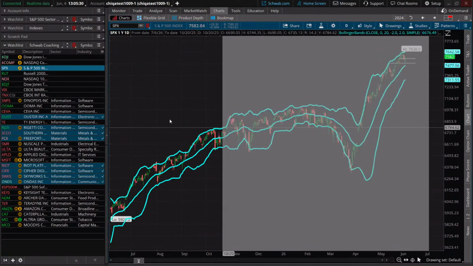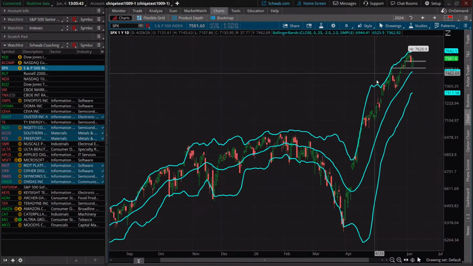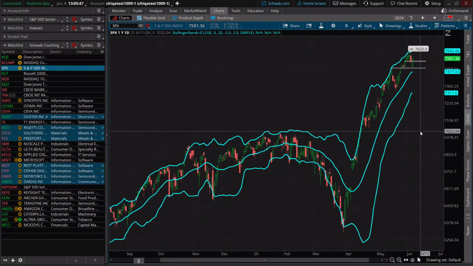So, for those of you that are not familiar with the Bollinger Bands, this is essentially three bands. Typically, when you first add this study onto your chart, you're going to have three different colors of bands. I like to just see one color on my screen, so I changed the color of this one. But essentially, what you're seeing with the Bollinger Bands is that the middle line is a 20 period simple moving average.